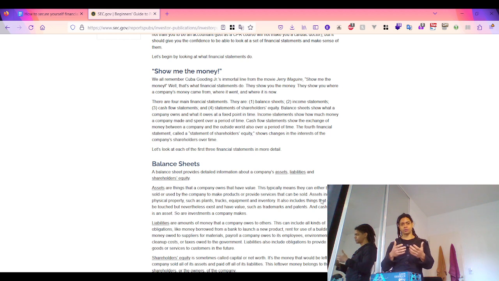Short-term borrowings include examples like bank loans or lines of credit, corporate debt or commercial papers,